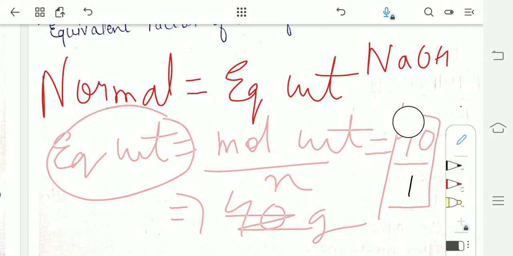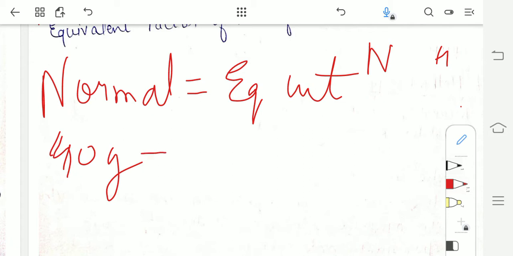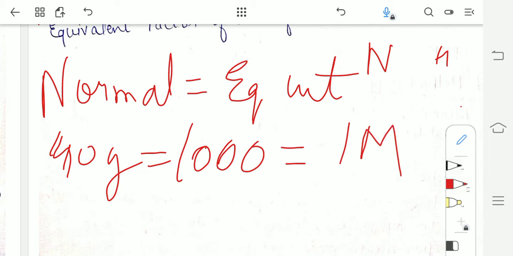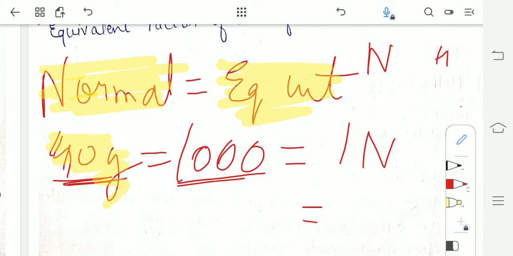This means that when we dissolve 40 gram of NaOH in 1000 ml of distilled water, the solution we will get will have strength 1N, because here we are talking about normal solution, and in normal solution we use the equivalent weight, which we calculated for sodium hydroxide as 40 grams. Therefore the solution will have strength 1N, and if instead of 1N we have to prepare a solution of 0.1N, then